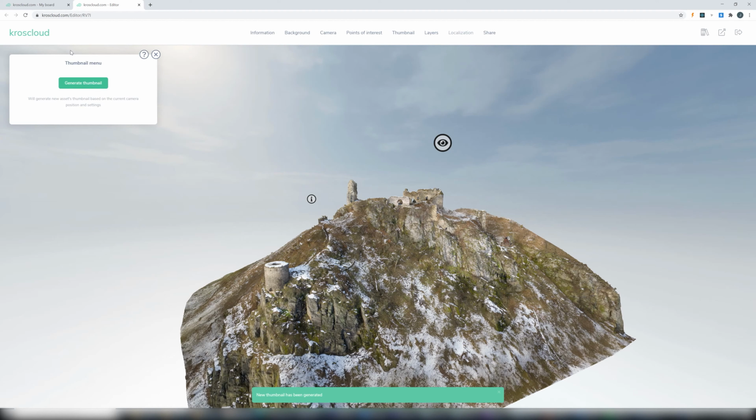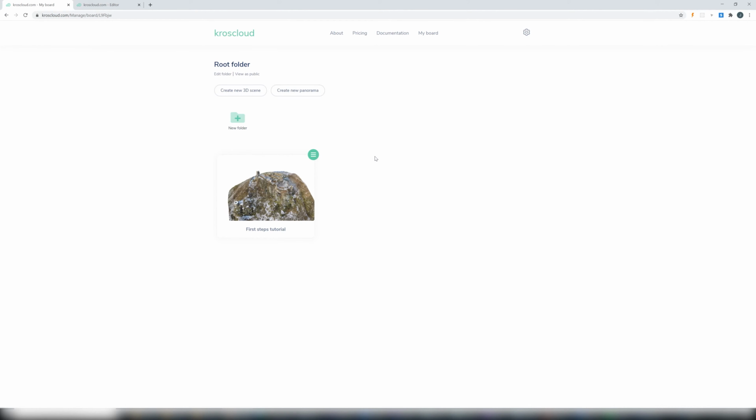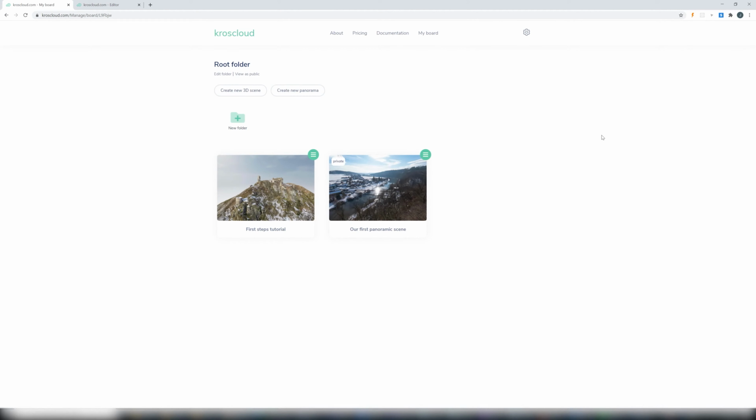Let's go back to our admin, refresh it. You can see two interesting changes here. First one, our 3D model's thumbnail is now with our cool new background. The second one, there is new asset, our panoramic scene that we added as a panoramic point of view. And you can see that it has label private, because panoramas created as a point of view are automatically set